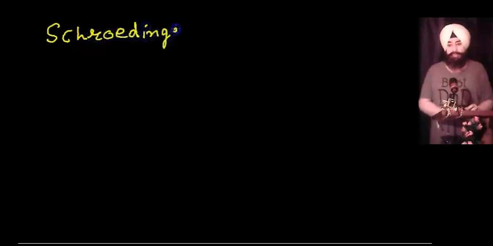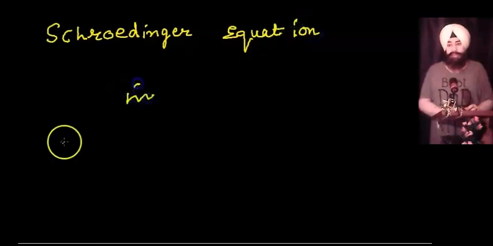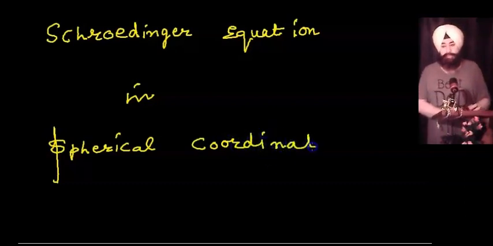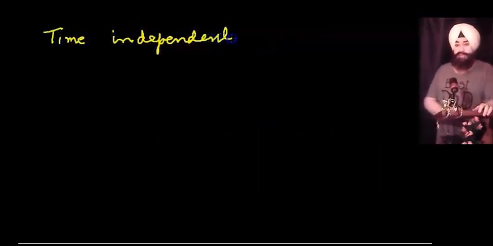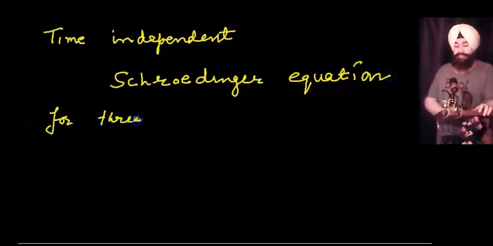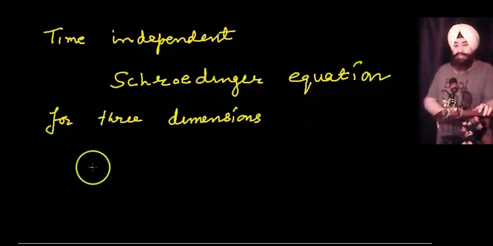Schrodinger equation in spherical polar coordinates. You know, spherical polar coordinates are r, theta, phi. We are using the time-independent Schrodinger equation and writing in 3 dimensions